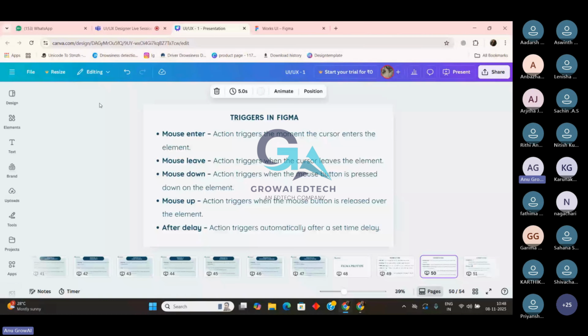That kind of application is also applied in UX. That is mouse enter and mouse leave. Then mouse down, whenever I'm scrolling down,